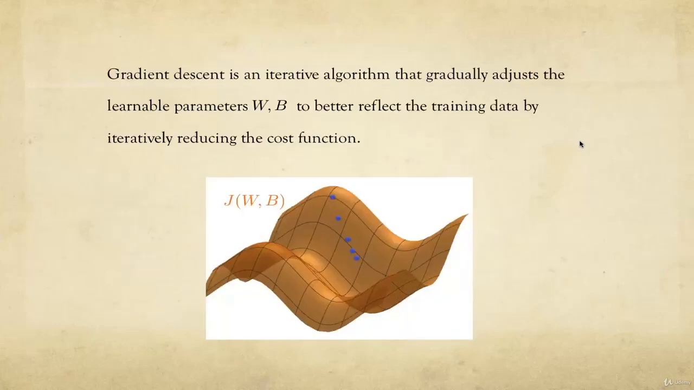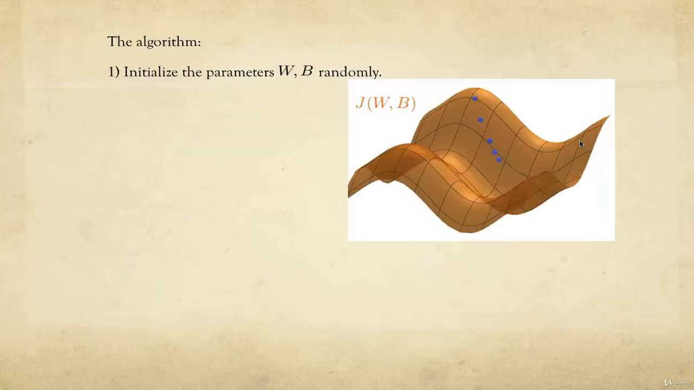Gradient descent. Gradient descent is an iterative algorithm that gradually adjusts the parameters W and B to better reflect the training data by reducing the cost function. So here's the algorithm. We're trying to find the best parameters W and B, but initially we don't know what they are, so we're going to randomize them,